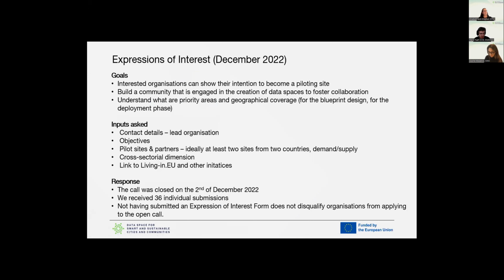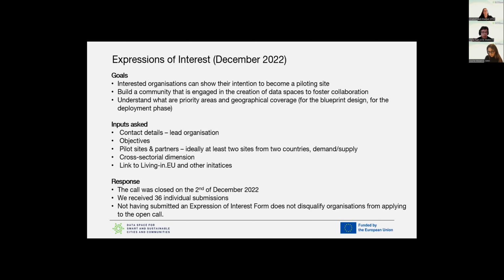So the expression of interest was launched during the preparation phase, during the project for the preparation of the blueprint, and our call for expressions of interest to the community had several goals.